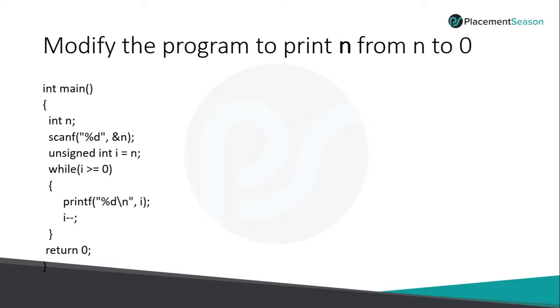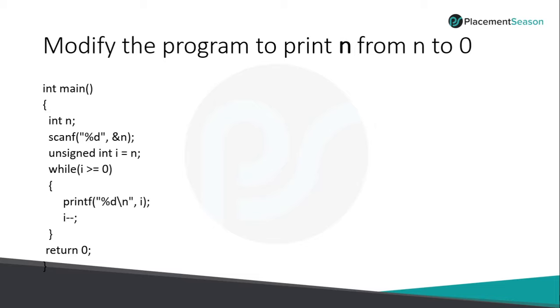So what will happen in this program? The tricky line is this one, unsigned int n. It means there are no negative values for n. It is an unsigned value. The negative value is not considered. You cannot store a negative value in it now. You can store only positive values. So if I give the number as 4 and this condition is true, it prints 4 and it is decrementing.